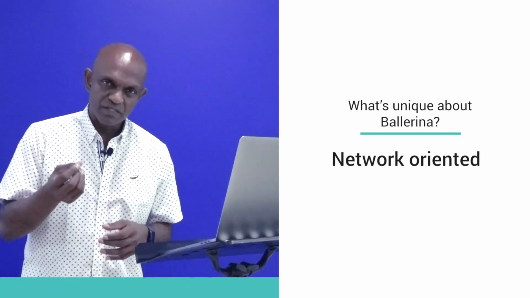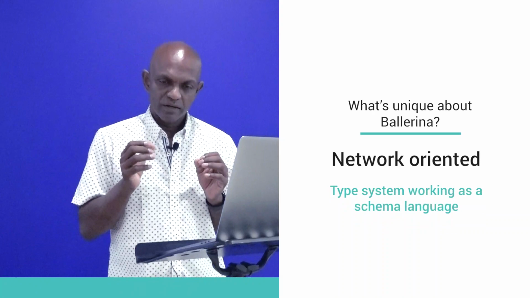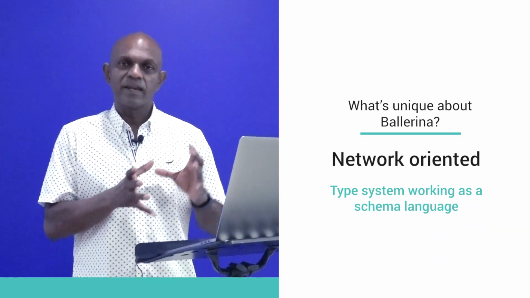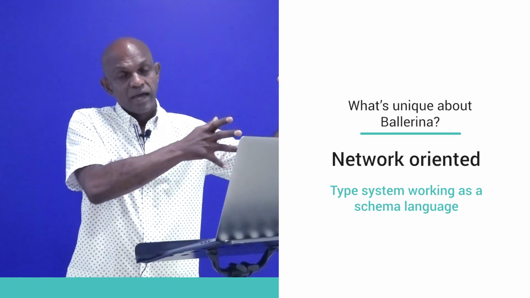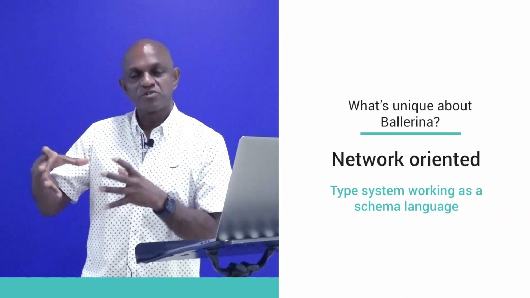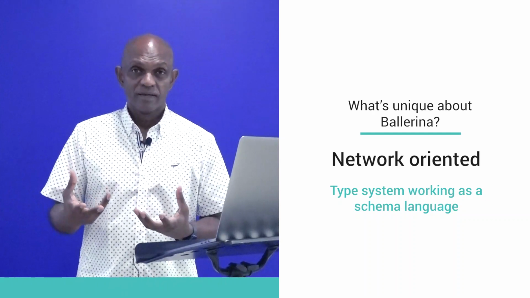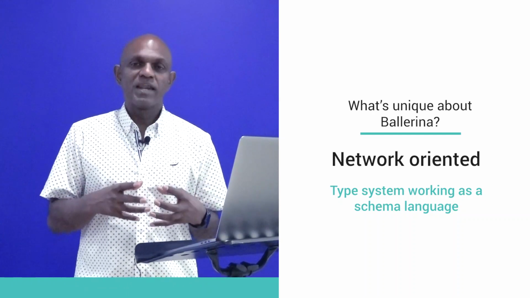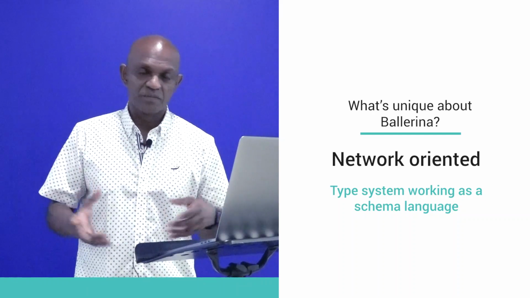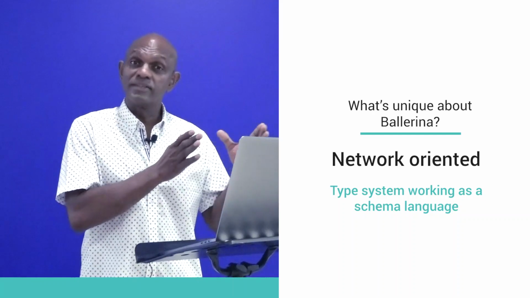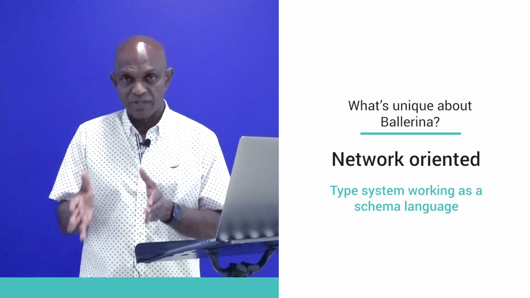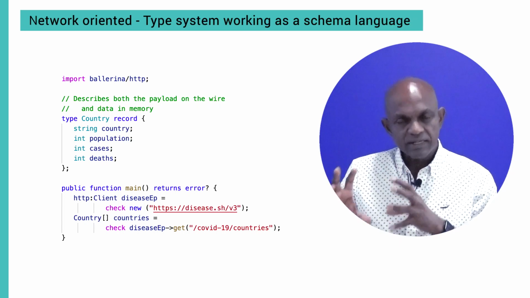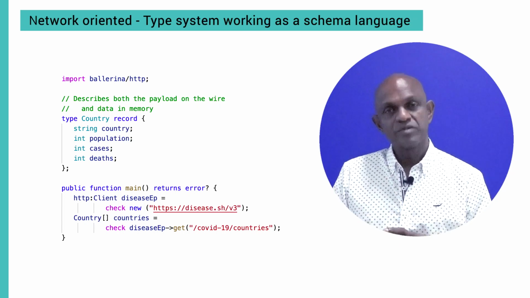One is the type system itself. In typical programming languages, there's this concept of data binding. I get some data over the wire, and I need to bind it to a data structure in the language in order to manipulate it. That itself is an inherent challenge in many languages. We have standards and protocols for defining how I take data that comes over the wire and bind it to the language. So Ballerina was very carefully designed where the type system in the programming language,